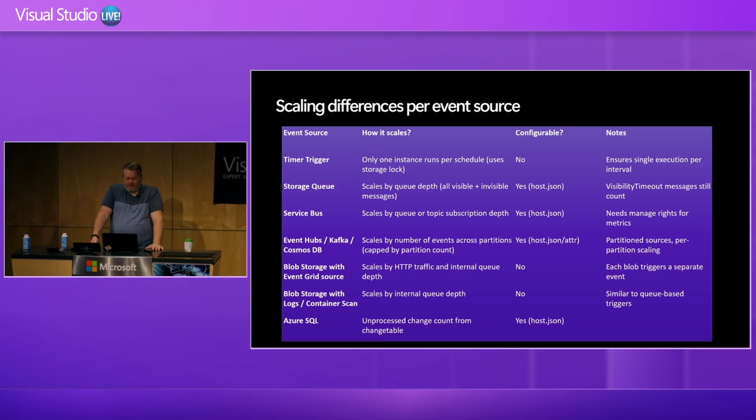And blob storage is an interesting one. We have two types of blob storage source. We have an older, legacy one called logs and scans, and it basically looks at the logs from your storage account to check if any new blobs were put in there. So that it doesn't check your storage account often, it starts to back off when there are no new blobs. So you can end up with a time when a blob is put into blob storage, and it takes 8 minutes, 10 minutes for that blob to be processed.